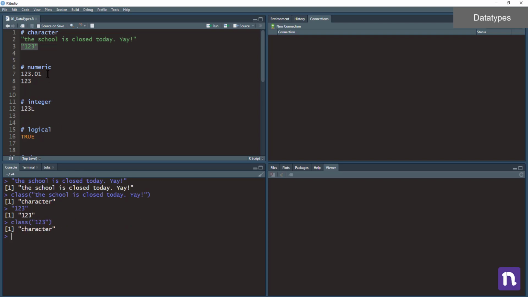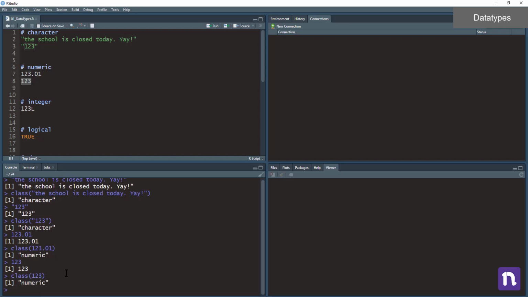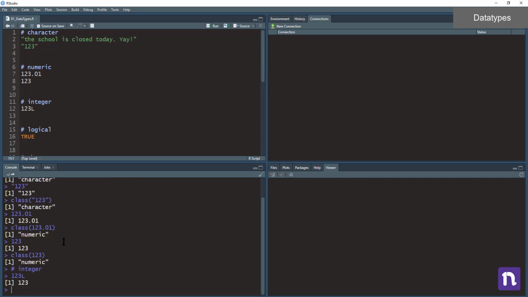If you want to create a numeric, have a number and don't enclose it within quotes. It will be a numeric class. If you don't have a decimal place, still R understands that this is a numeric class only. Even if you want that number to be an integer, if you're not explicit about it, it will still create a numeric class. Now, how to be explicit when you are creating an integer? Add an L sign beside the number that you want to create. So if you check the class of this